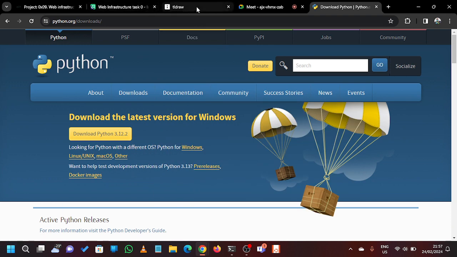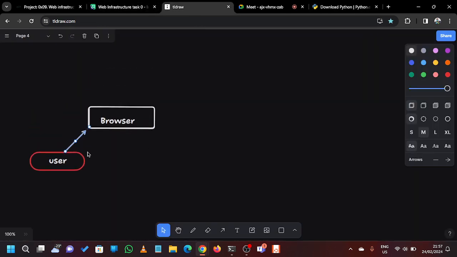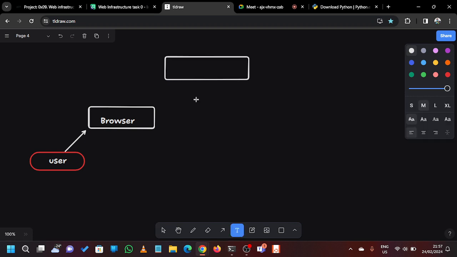So now after the browser, what's next? Someone was saying DNS. Okay, let me write DNS. The one who was saying DNS is going to help us with why DNS. I'm not saying this is right and I'm not saying this is wrong, but it will help us know why you thought DNS was the best thing to do here, or the next step. So the DNS here is supposed to be